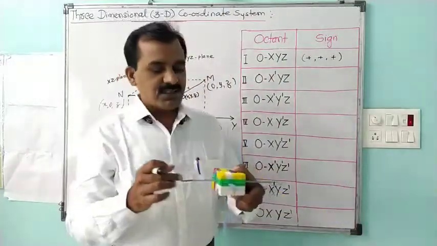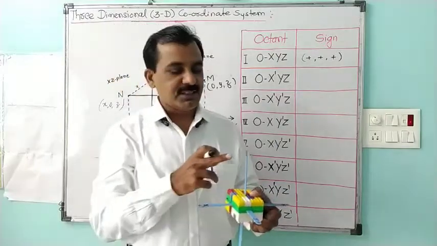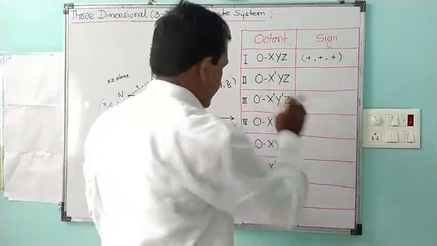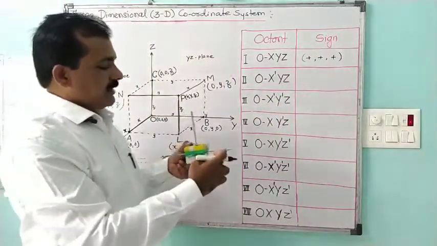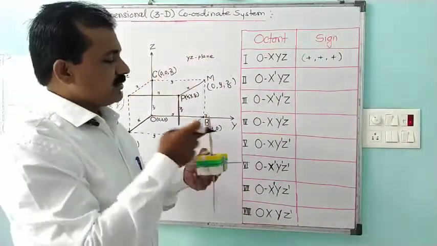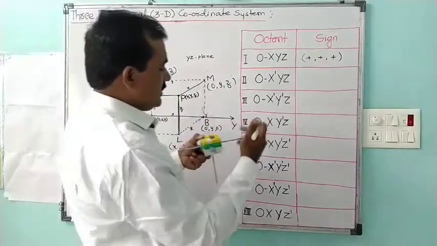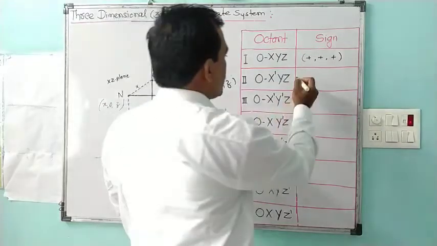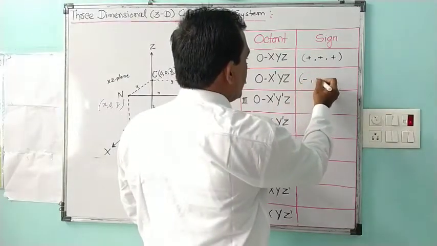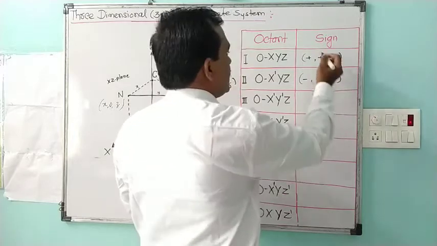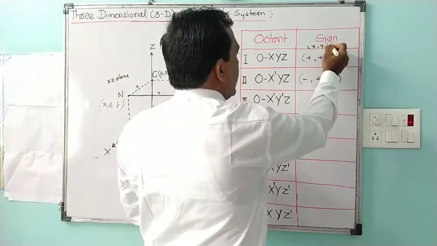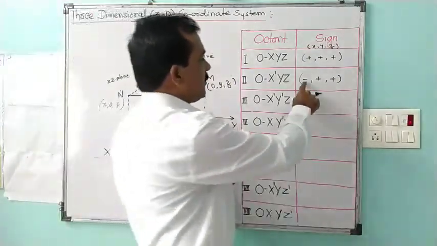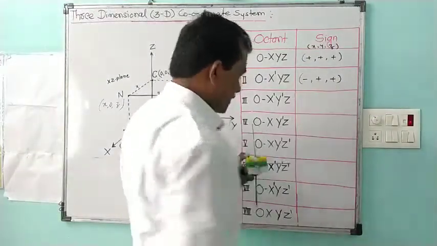When we rotate, or take in the anti-clockwise direction about the z-axis, the second octant we get is x negative, y positive and z positive. So in this case, the x-axis is negative, y is positive and z is positive. So the x coordinate of the point will be negative, and the other two, y and z, are positive. These are the coordinates in general denoted by x, y, z. Then x will be negative, y positive and z positive.